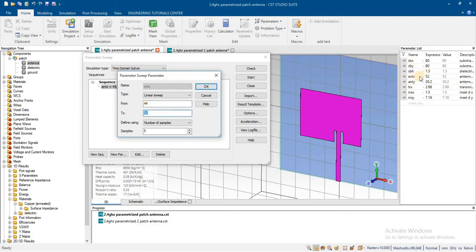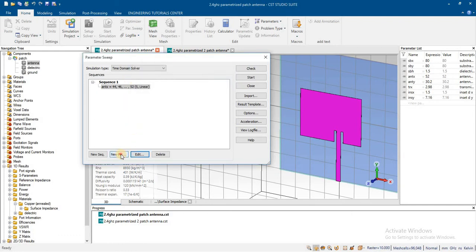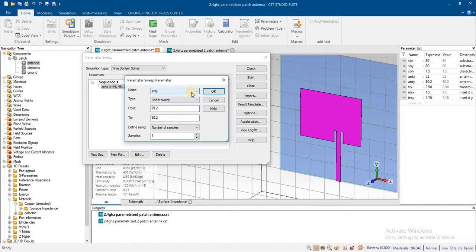The original value of antenna x is 52, with samples of 5. Similarly, we can define a new sweep for antenna y. The original value of antenna y is 30.2. We can define it from 27 to 33 with samples of 5.